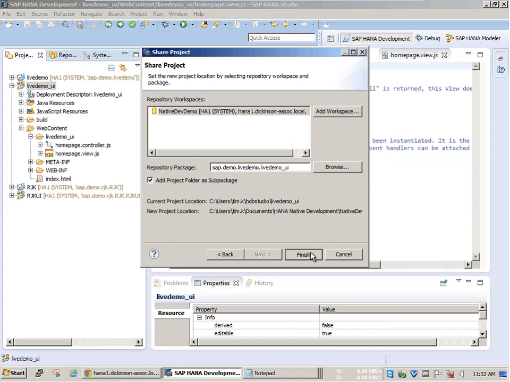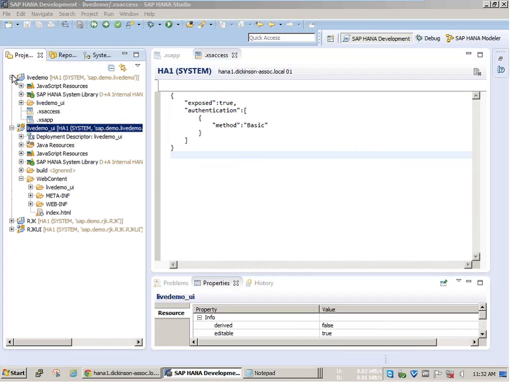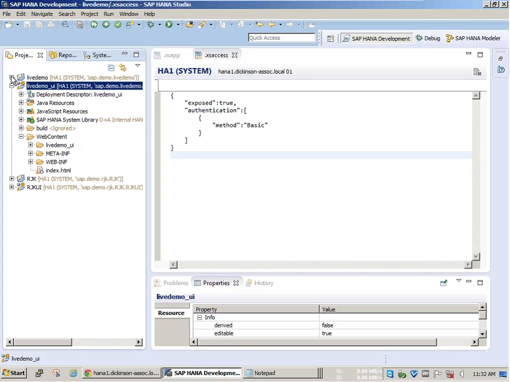So again, I'll press Finish. It's going to share the project back, and one thing to note here is we'll still be working within our UI5 project, but it's now embedded within our XS application. Okay, there's a few changes we have to make quickly